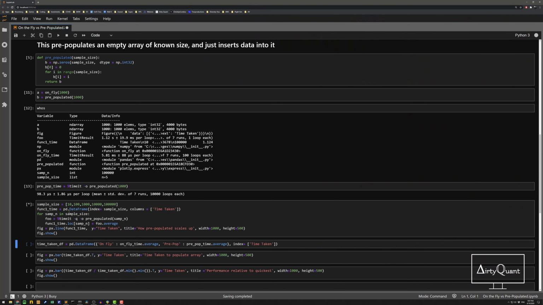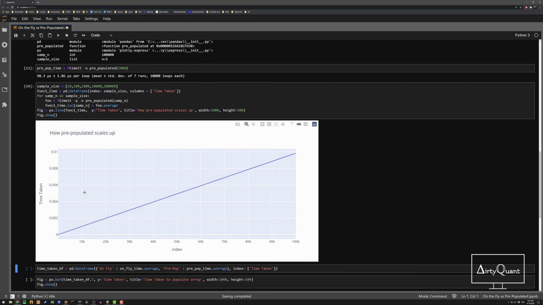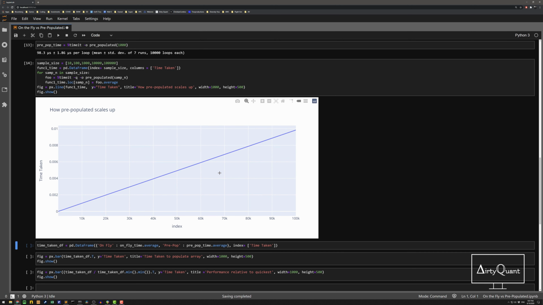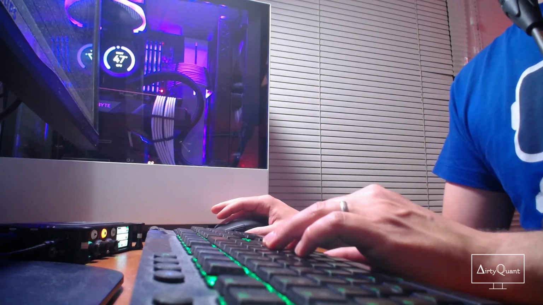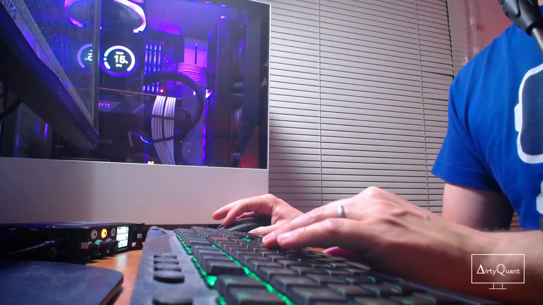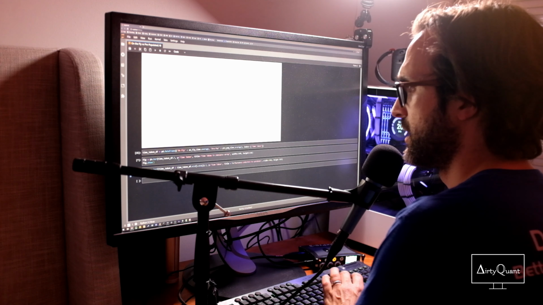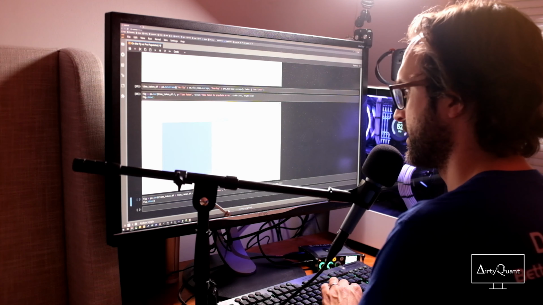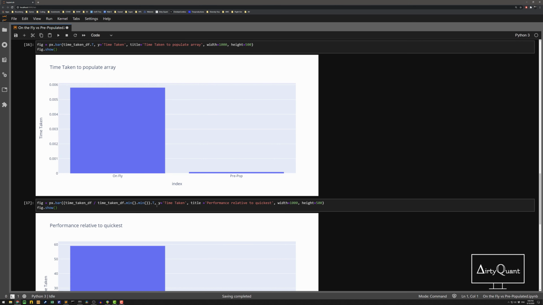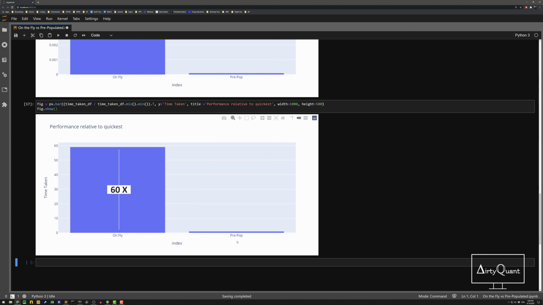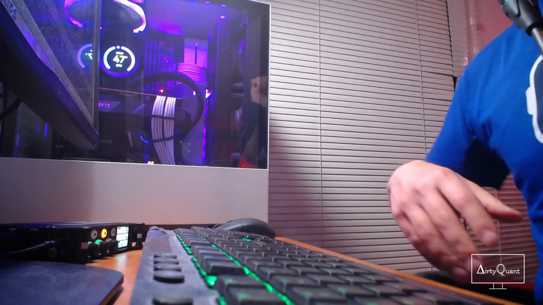Again, let's see, does it scale up linearly if we extend that sample size from 10 all the way to 100,000? Does it scale linearly? Beautiful. So perfectly straight line. So yes, pre-populated scales pretty linearly. Not that I wasn't expecting anything different. And last little piece of the puzzle, time taken. So this is essentially the time that it takes. I'm just going to put it in terms of a ratio, a bit easier to understand. So pre-populated takes obviously 1 times itself, on the fly essentially 59, so 60 times slower to do the same